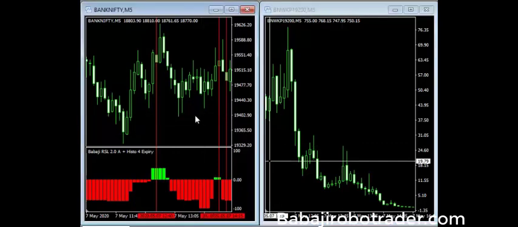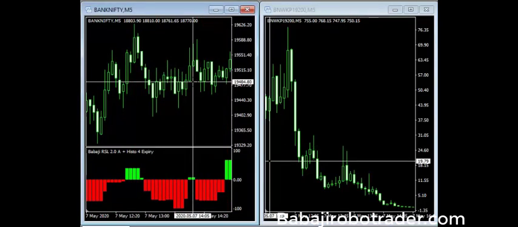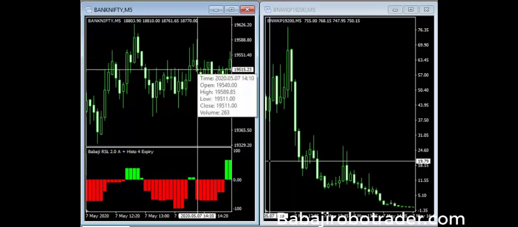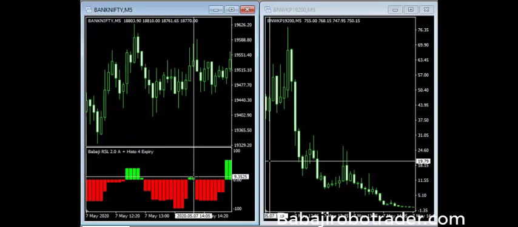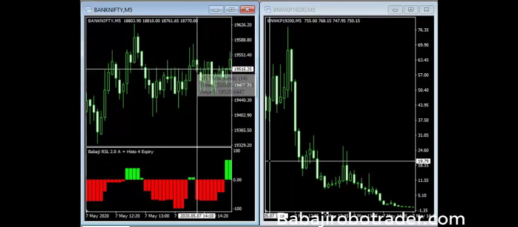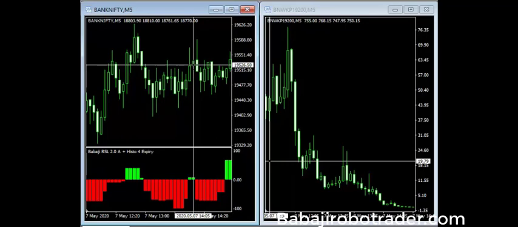So now we are going to see the third call. So here is the third call. We can see on the third call there is no movement. Here the bottom histogram gave a buy call, but at the top we can see there is no movement. So let's see what happened in this price. The time is 2:05. The closing price is 19,536. So we will take the 19,700 call. Let's see how it performed.